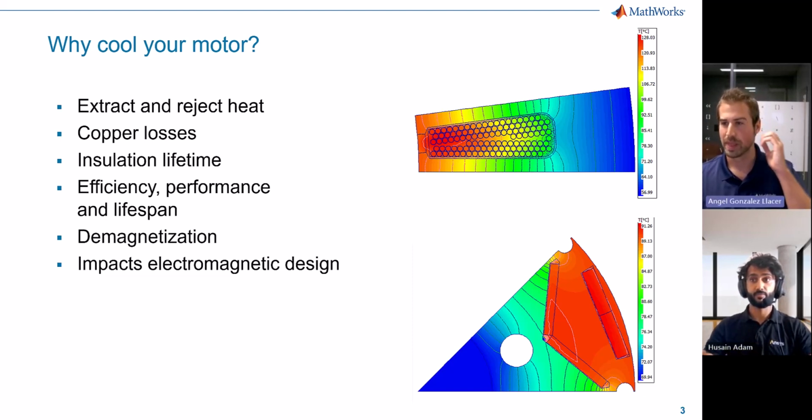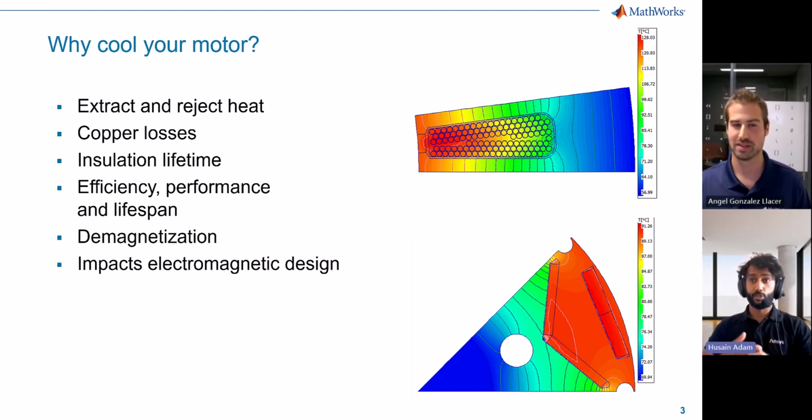Wow, this is remarkable. So not only are we reducing the efficiency if we operate at high temperatures, we're also reducing the lifespan of the motor, so it's not going to live for that long. Yeah, exactly. And it's not just the winding that we have to bear in mind. The magnets inside the machine also perform differently at different temperatures. So it's important to know what temperature exactly we expect to have inside the motor. If the temperatures are too great, we also run the risk of irreversibly demagnetizing all the magnets within the motor.